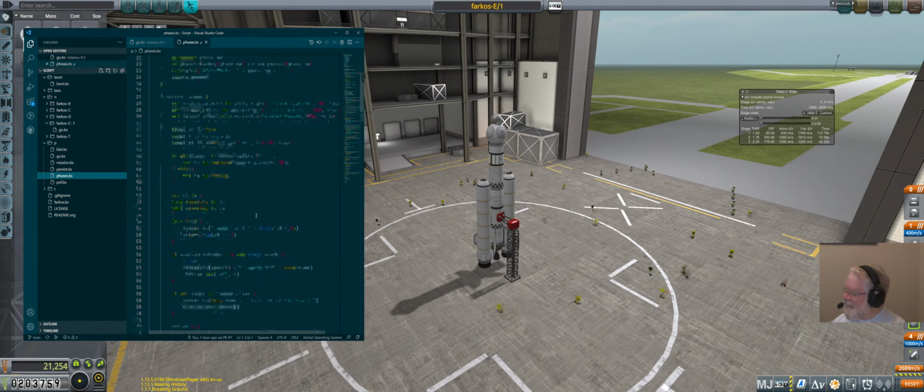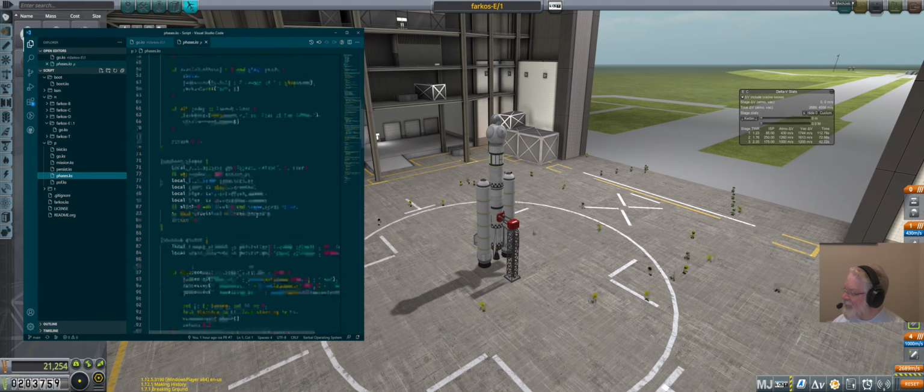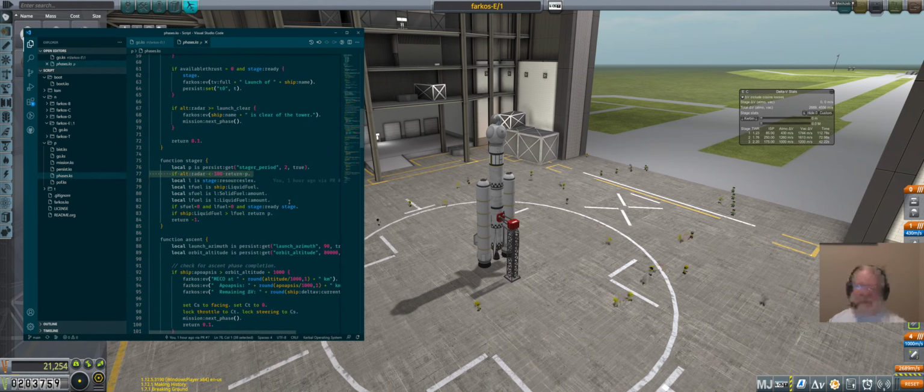And the reason why it doesn't work, let's find the stager, is the stager is basically saying don't do anything until we have reached a radar altitude of 100. That's never going to be true, because we lit the engines and we never released the launch clamps. We're sitting there pushing against the launch clamp. I don't even know what values these are. I'm pretty sure that my logic here is wrong for this case,